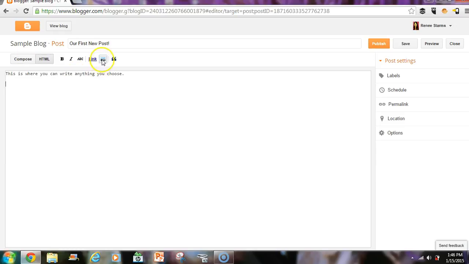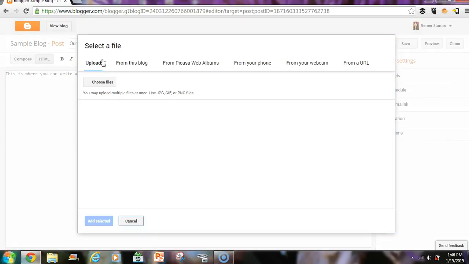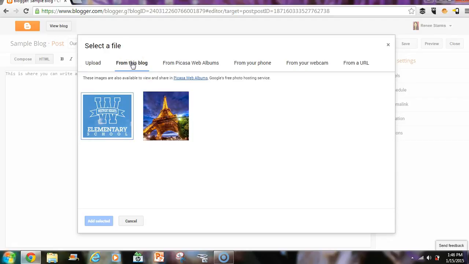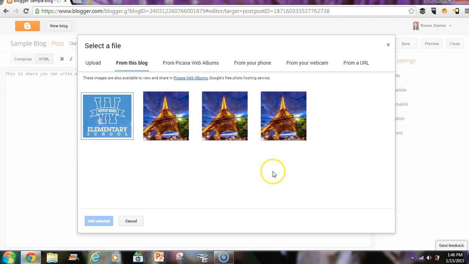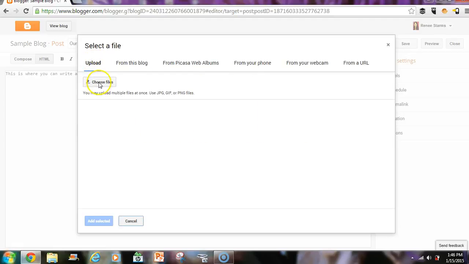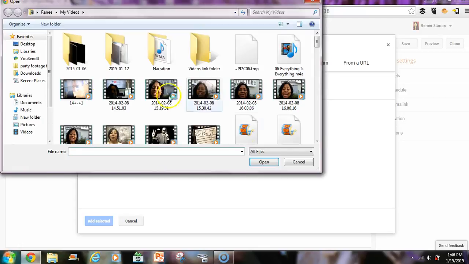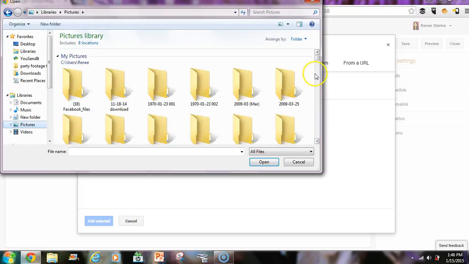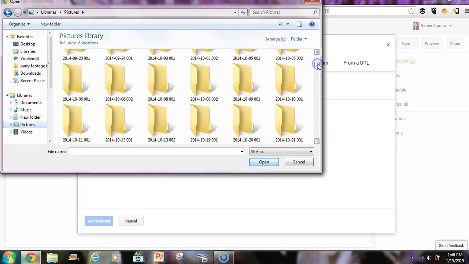And we could also go here, click on that little image there, and we can add images. So let's see, we can add them from a URL, or we can add them from this blog, which, as you'll see, we have these currently on this blog, but I'm going to go in and I'm going to upload one from my computer. If I can do that really quickly. So I click on that choose file button, I go to my pictures, and I'm just going to find one really quickly to use